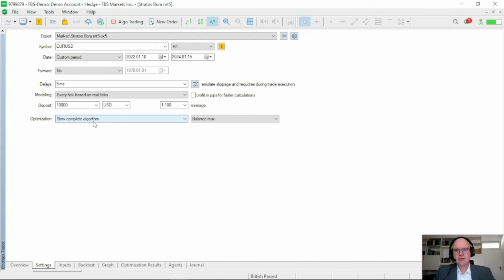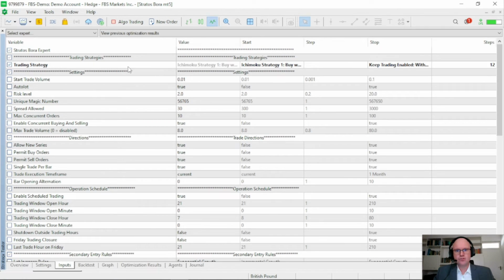The other two strategies involve manual trading and constantly in the market. And what I used in the MT5 terminal is its slow complete algorithm to see which of these strategies would work best with a basic set file. So for the set file, what I did is I made a few small adjustments. This firstly was including the auto lot function.